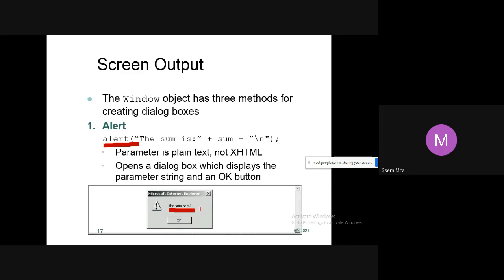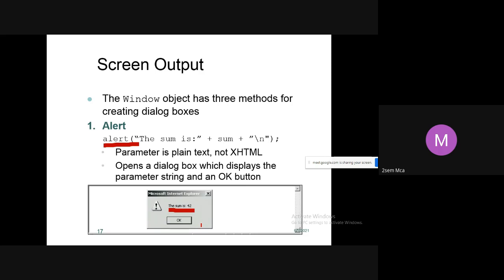We'll see some more examples. Output, yes, students, are you able to see? So output it is displaying, and this alert dialog box will have one button, that is the OK button. This alert window will have only a single button, the OK button. Whatever it is displaying, you should accept that and say OK.